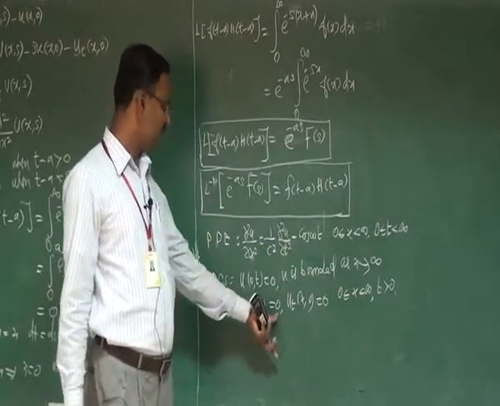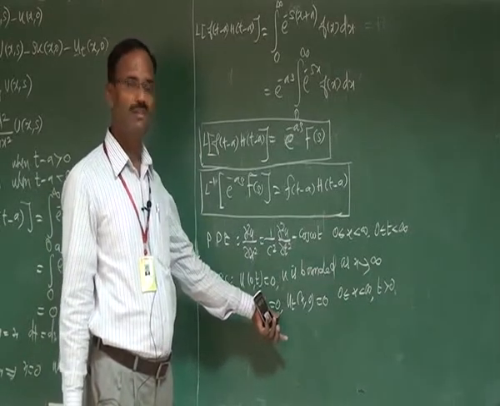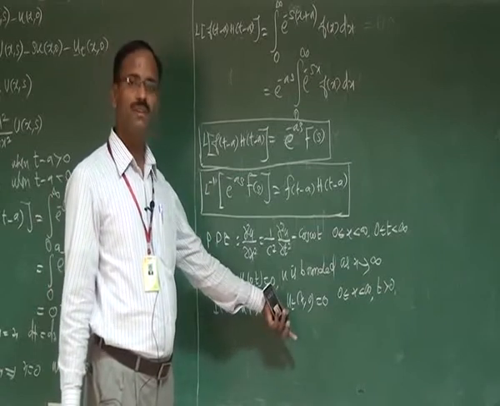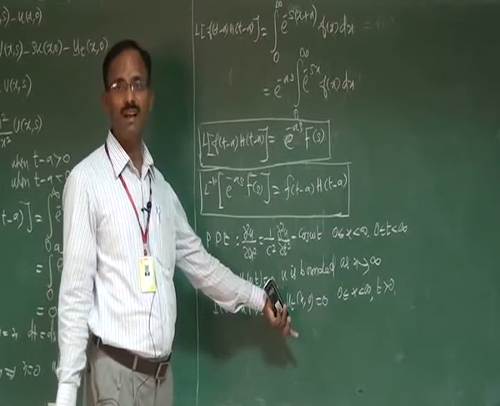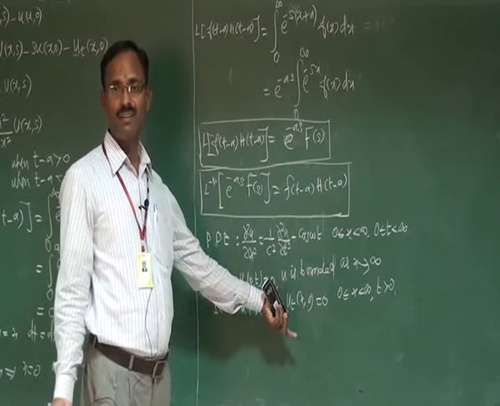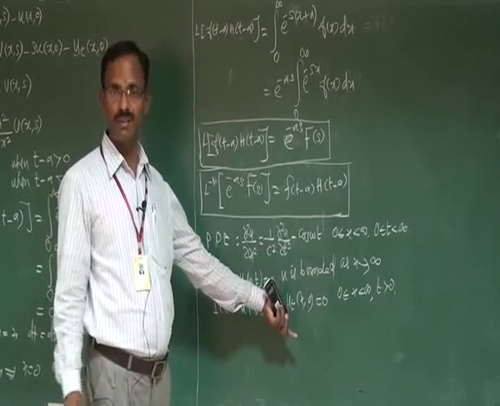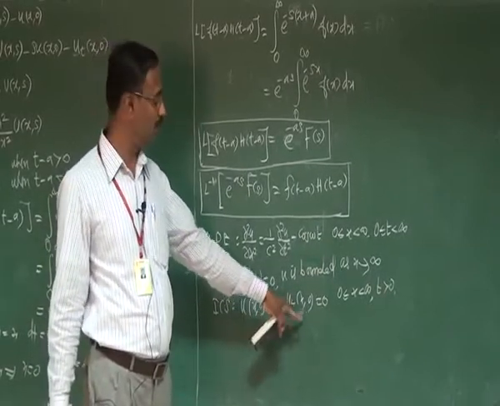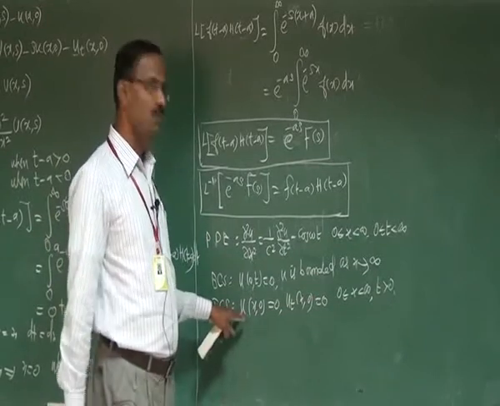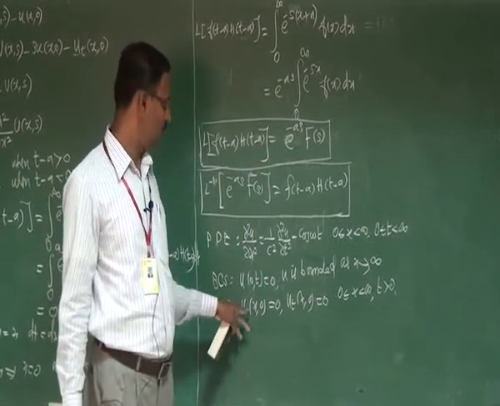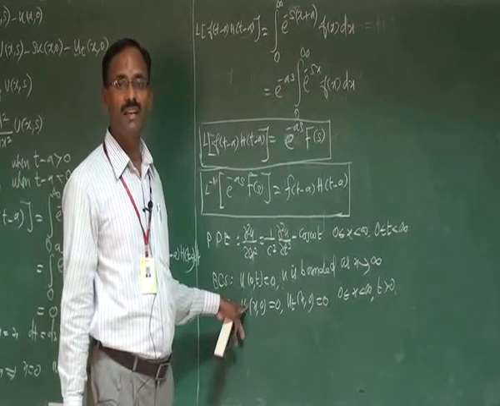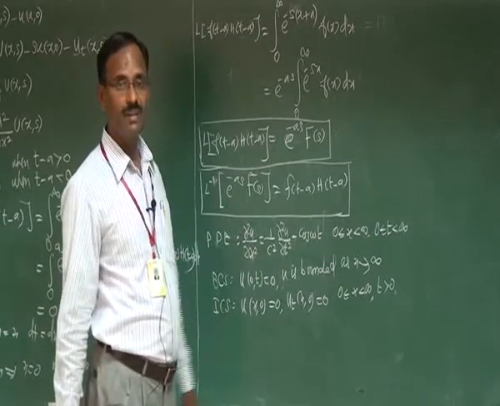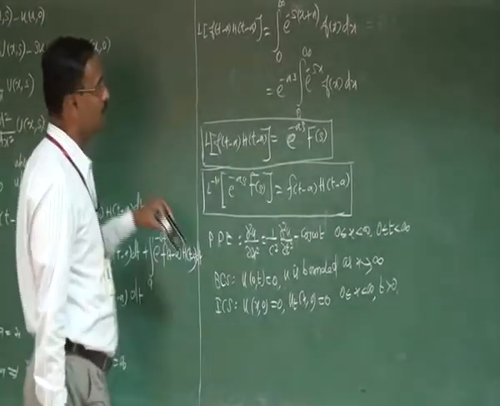Here u of x comma 0 equal to 0 represents the initial position of the string. Here ut of x comma 0 equal to 0 means initial velocity, because when the string is in the equilibrium position or in the rest position, there is no displacement. That's why dou u by dou t is equal to 0. Here u of x comma 0 is called the initial position of the string.